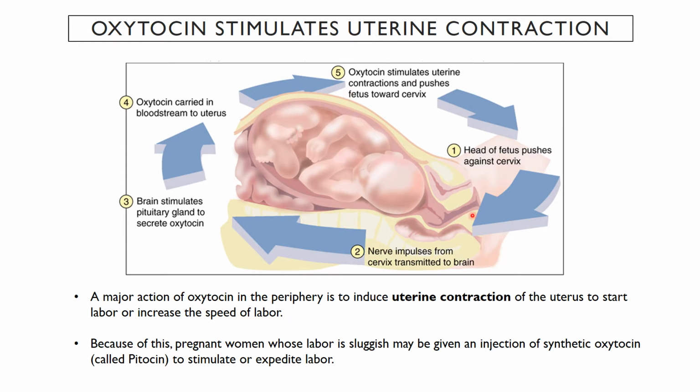So then what happens? Well, we now have even more pressure on the cervix, which induces even more nerve impulses from the cervix to the brain, causing more oxytocin to be released, which gets carried into the bloodstream, inducing even more contraction. You can see that this is a classic positive feedback loop. Oxytocin induces contraction, which causes more pressure, which induces more oxytocin. Hence it becomes a very painful process, because of this positive feedback loop with virtually no cognitive control from the mother.